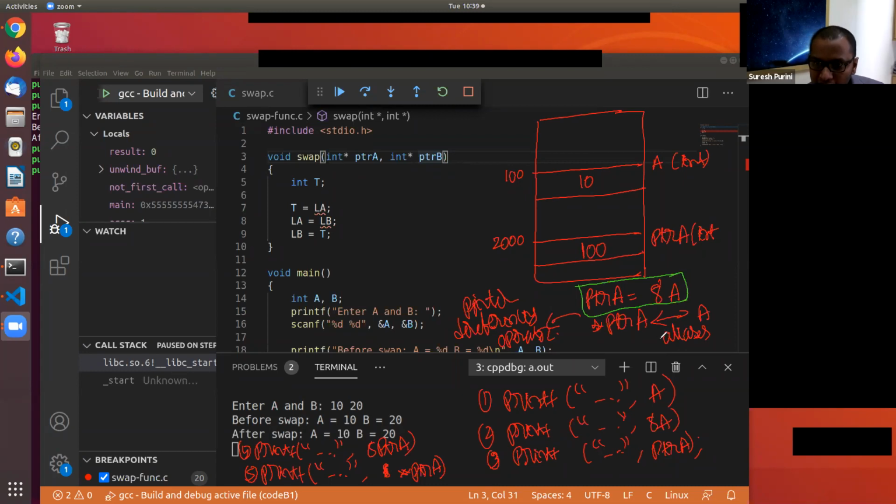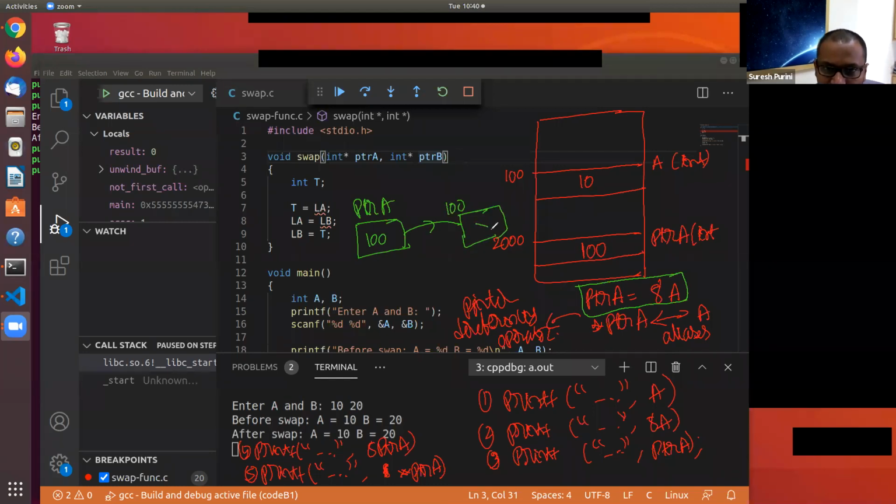The new thing that you are learning here is, A and address of A are very simple. The only new thing is the star operator. When we apply a star, let's say this is ptra and it contains 100, you go to a memory location whose address is 100.